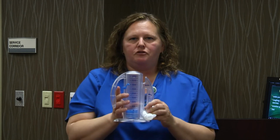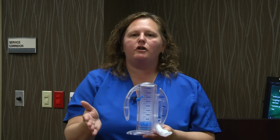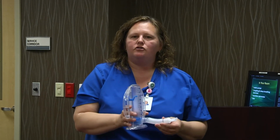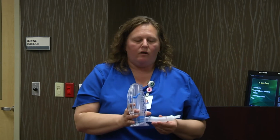Don't be surprised after surgery if you cannot get it all the way to 3,000 or 3,500 or wherever you were before surgery, because your lungs are a little sleepy. That'll be something that you can work on independently. We want you to try and do this 10 times an hour. Doesn't mean you have to wake up to do it 10 times an hour, but while you're awake during the